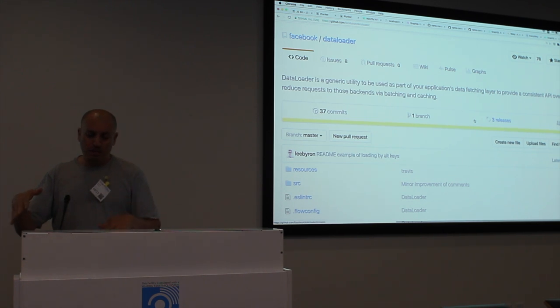Now, to scale, you can add multiple services for GraphQL itself. I know GraphQL is powering the newsfeed at Facebook, so they have a stack that has billions of requests per day, and it's working for them. But you know, if you're not Facebook, maybe